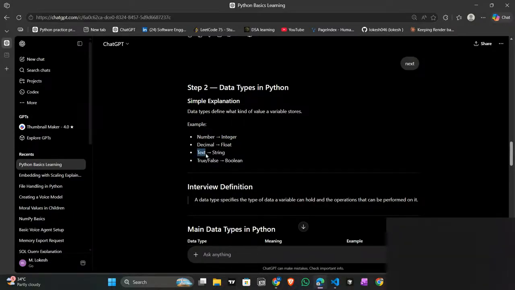Plain text is called a string in programming languages, and true or false, like zeros and ones, is called a boolean.